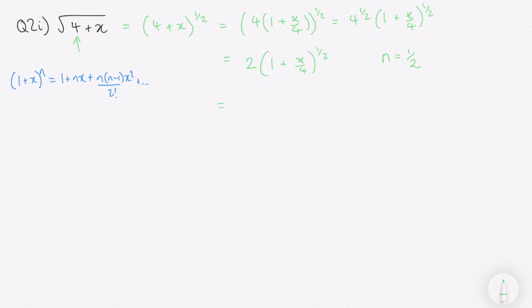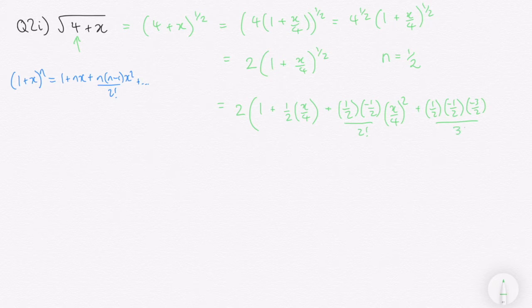So this is equal to 2 lots of 1 plus a half lots of x over 4 plus n, which is a half, n minus 1, which is minus a half, over 2 factorial lots of x over 4 squared, and then a half, n minus 1, which is minus a half, n minus 2, which is minus 3 over 2, all over 3 factorial lots of x over 4 cubed,